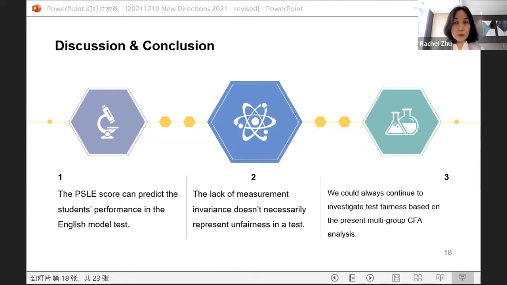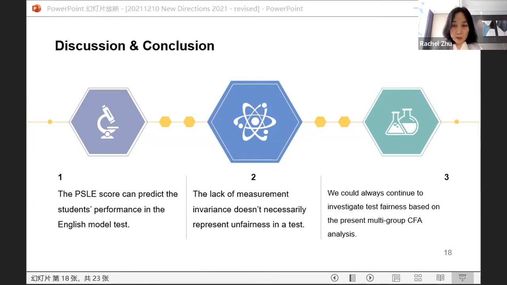And the second discussion we want to talk about is that the lack of measurement invariance does not necessarily represent unfairness in a test, because test fairness is defined on a continuum, meaning it is a matter of degree, but measurement invariance is defined as an ideal clear-cut yes or no hypothesis. So there are only slim chances of it being met at all levels of measurement, all measurement levels holding. So therefore, further investigation is required